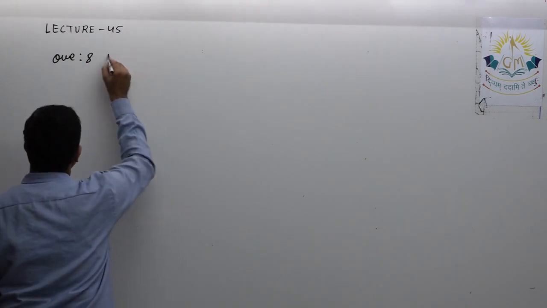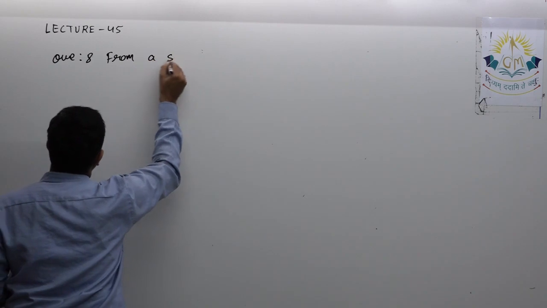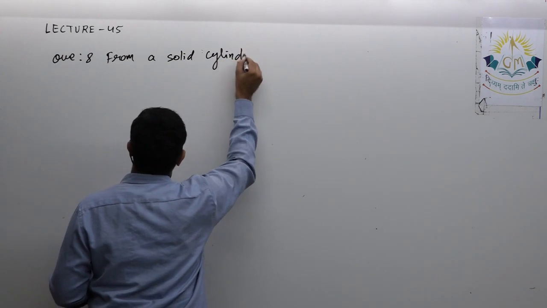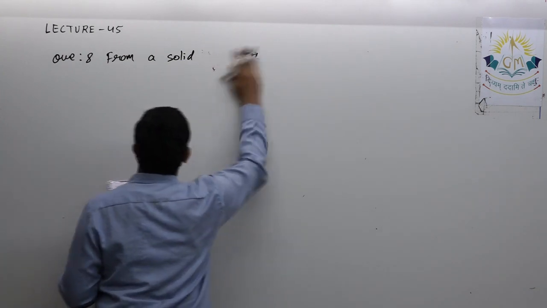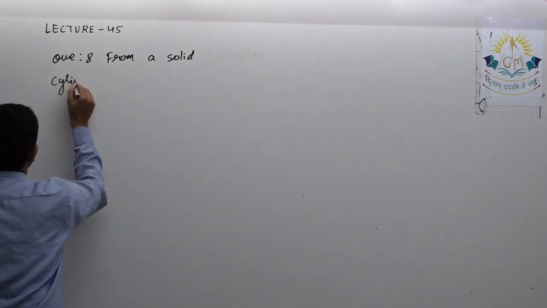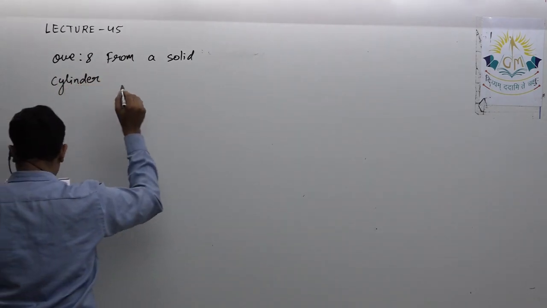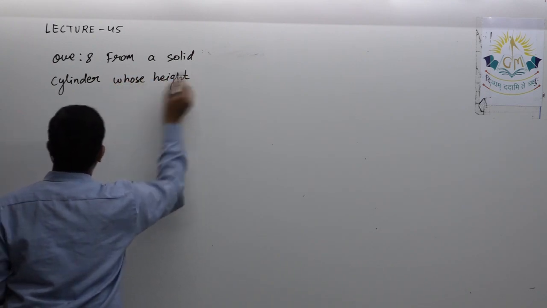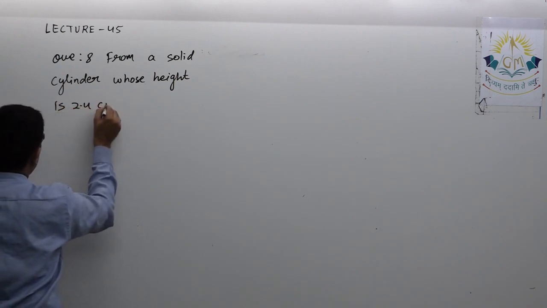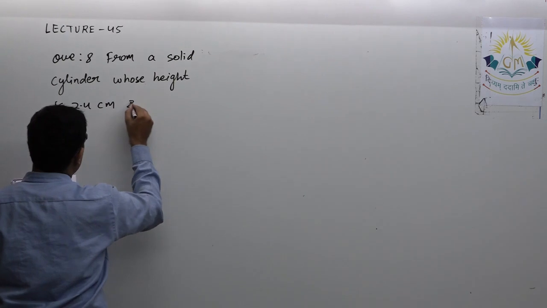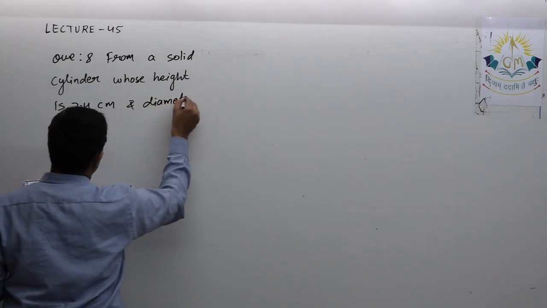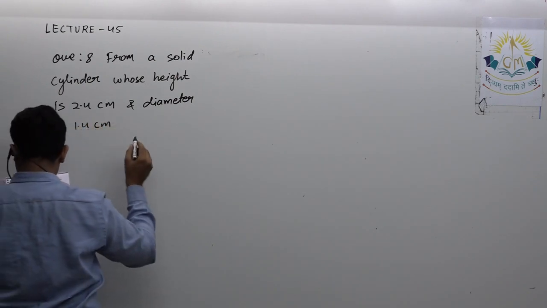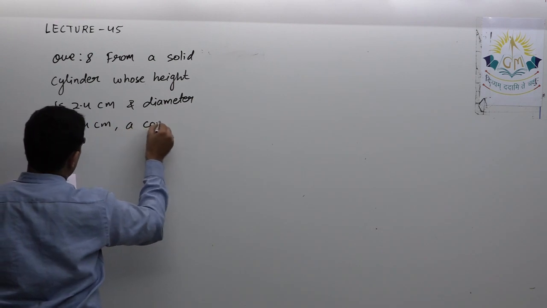From a solid cylinder whose height is 2.4 centimeter and diameter is 1.4 centimeter, a conical cavity